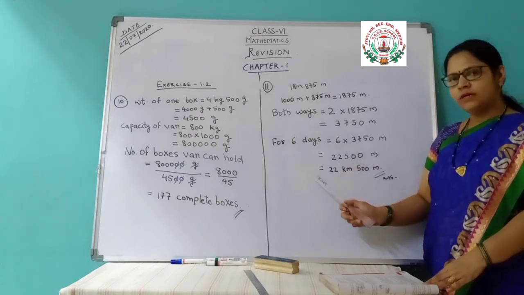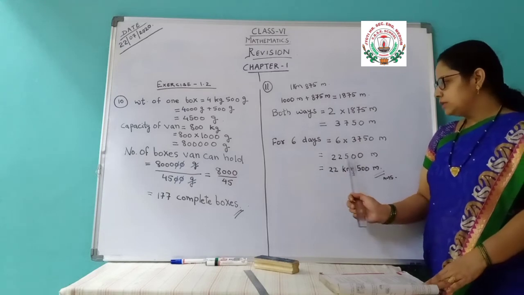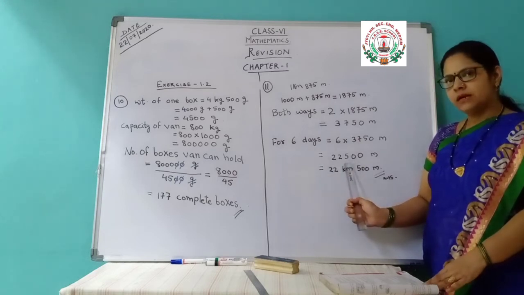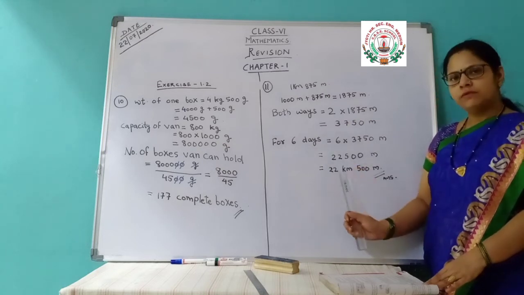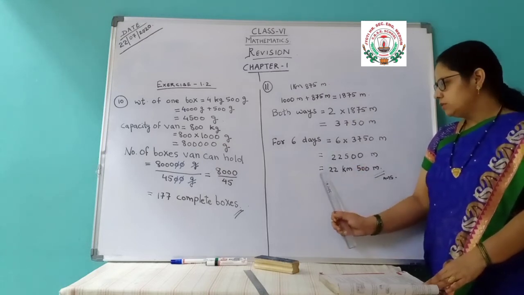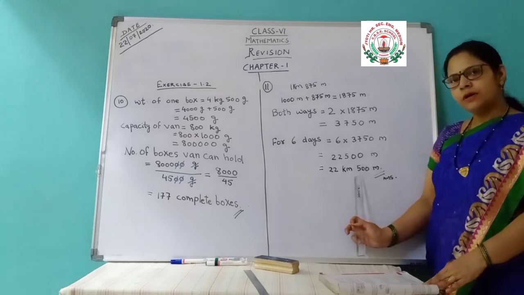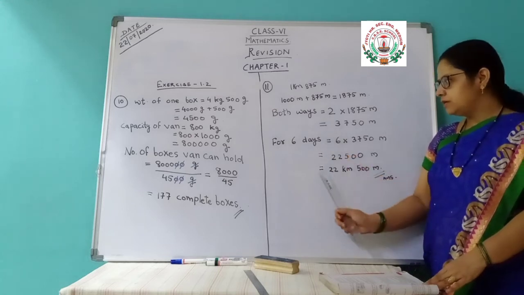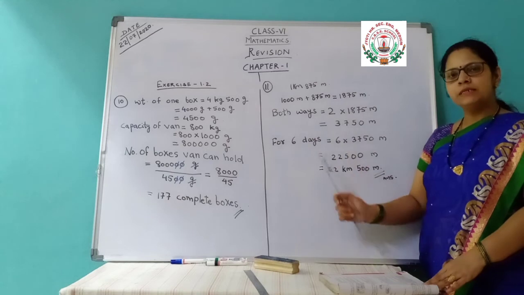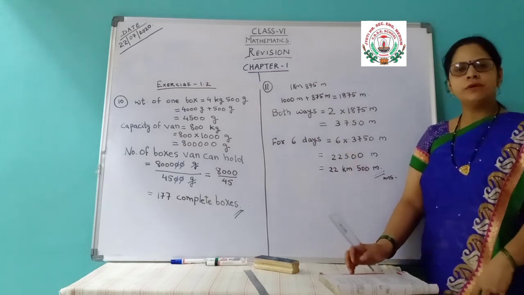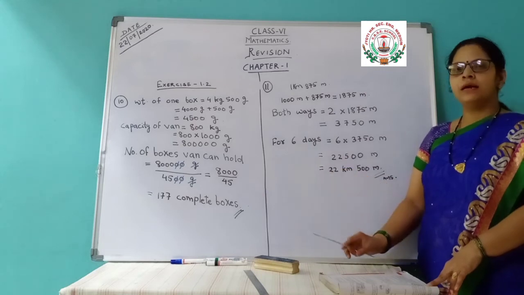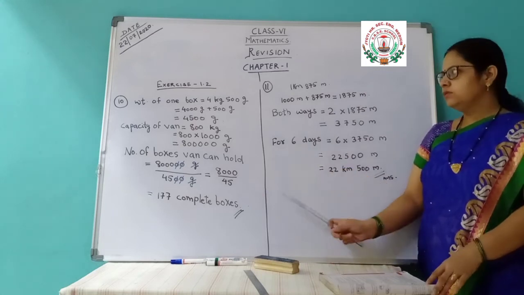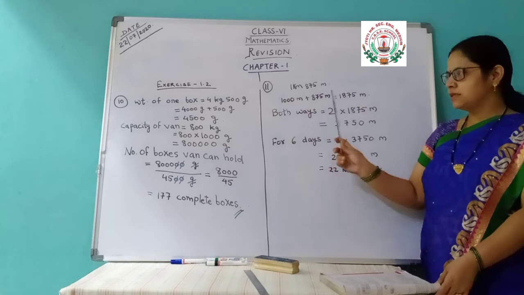Again you want to convert into kilometer. So the 3 digits from the back side, ones, tens, hundreds, you will take as meter and the rest you will take for the kilometer. So 22 kilometer and 500 meter. So this is the complete solution. I have not written the complete sentence here. Sentences can be different for different students. You can write it in your own way. You might have already completed. This is just the revision.